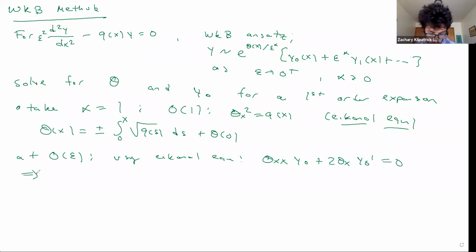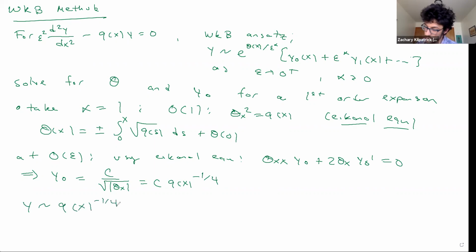And we were able to solve this for y0 is equal to c over square root of absolute value of theta x, which is equal to q of x to the minus 1/4. So then y is asymptotically given by, for a first order expansion,